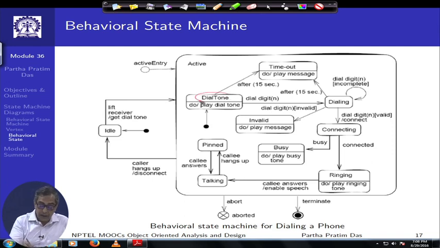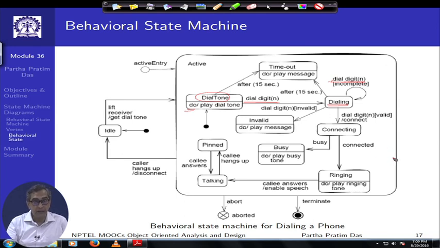So, if it is in a particular state, then it has a do or action activity of that state. So, if the phone is in the dial tone state, then the activity is that it will play the dial tone. That is what we expect, right. If we pick up the phone and it is in the dial tone state, it will do that, and in this state you can dial the digits, and once you start dialing the digits you get into a different state, which is a dialing state, where you could dial further digits and keep on remaining